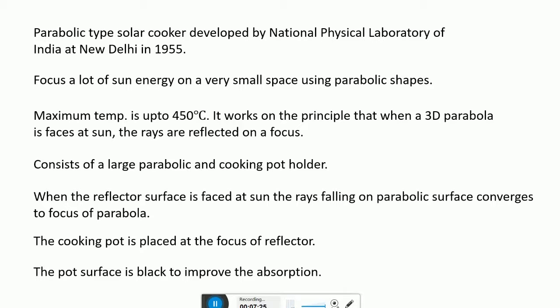It consists of a large parabolic reflector and a cooking pot holder. These are the two main parts of this solar cooker. When the reflector surface faces the sun, the rays falling on the parabolic surface converge to the focus of the parabola. The cooking pot is placed at the focus of the reflector and the pot surface is black to improve absorption.